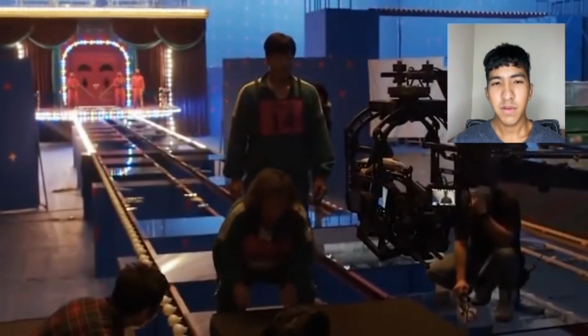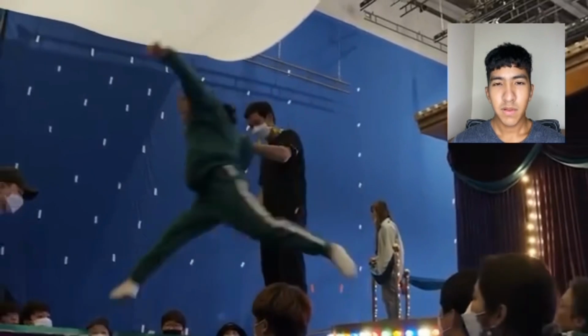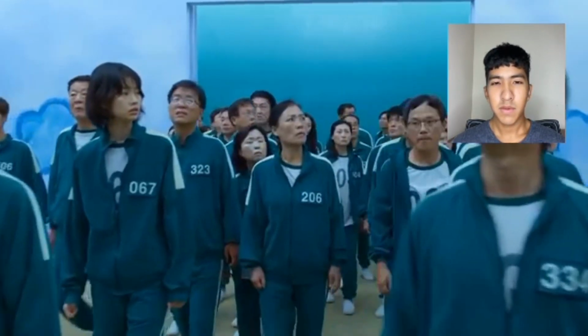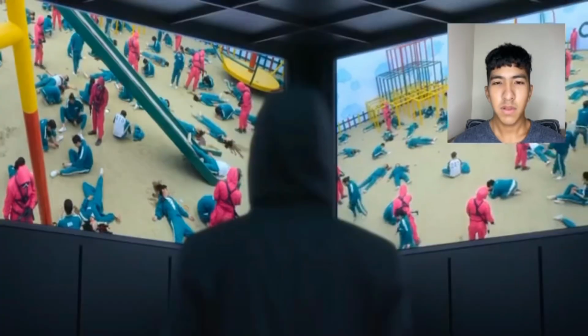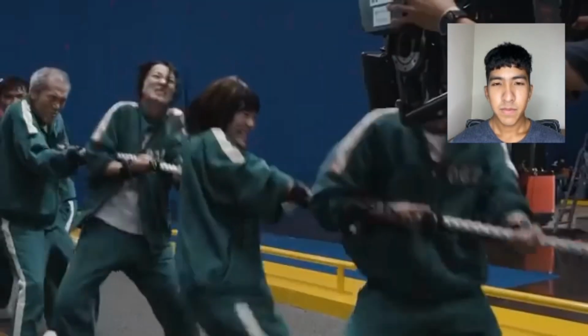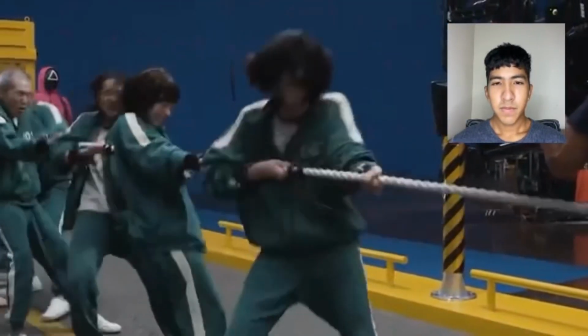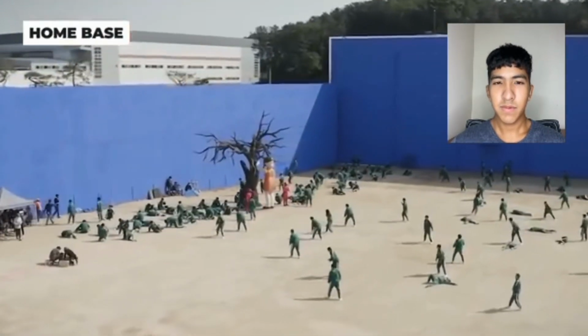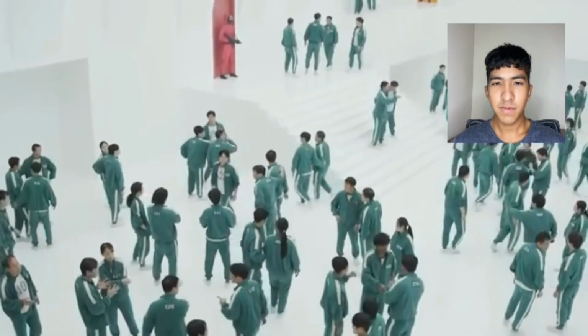For other actors, the set felt a bit like a fantasy or dream world. The colors and childlike structures are surprising and catch audiences off guard in a fantastic way as well. The sheer scale of it all was overwhelming, but the performers managed to fill the space right up with their incredible acting. With so many interesting locations, it's a bit surprising that the whole production is filmed in just one